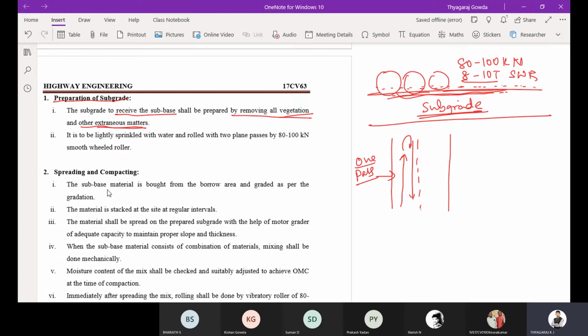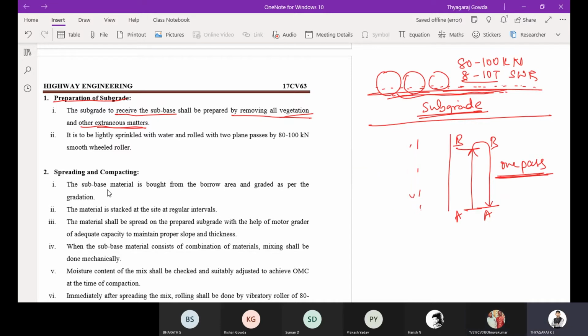For example, moving from A to B, and again from B to A, this we call one pass. Is it clear? Yes, sir. Understood.